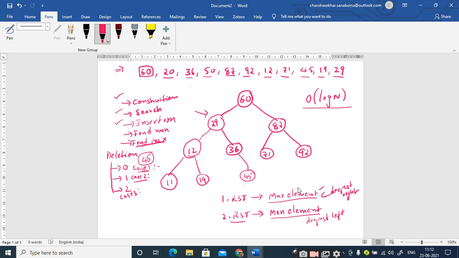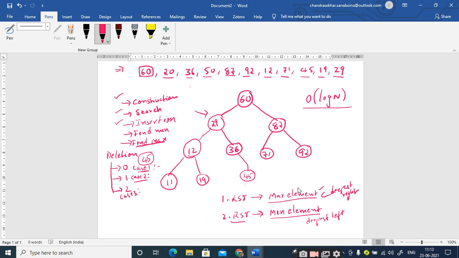Clear, sir. Yes, sir. One important point you should remember is, when you are performing the deletion operation, that is case 3, deletion of a node with 2 children, you have to implement the above 2 cases, that is node deletion with 0 child and node deletion with 1 child, right?